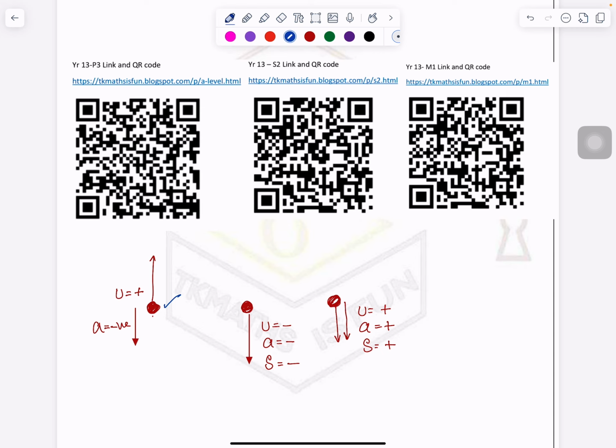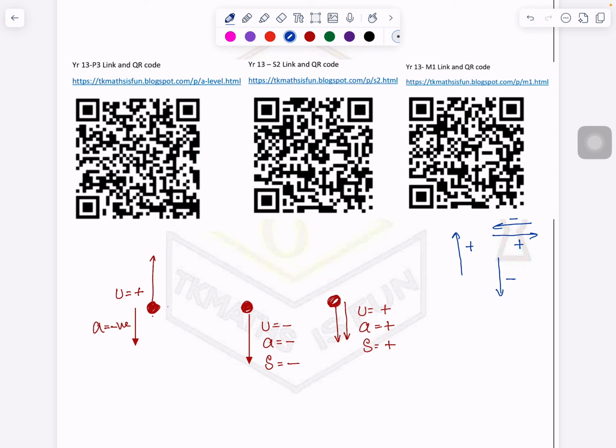If you throw the ball up, mostly we take upward motion as positive and downward motion as negative, according to the number line concept. Similarly, right motion is considered plus and left motion is considered minus. However, if you take the signs reversed, the answer will come the same. The important thing is, remember, if directions are the same, the vectors will have the same sign. If directions are opposite, the signs will be opposite.